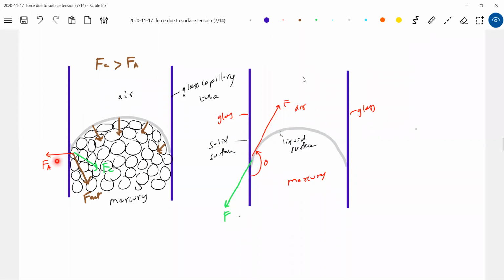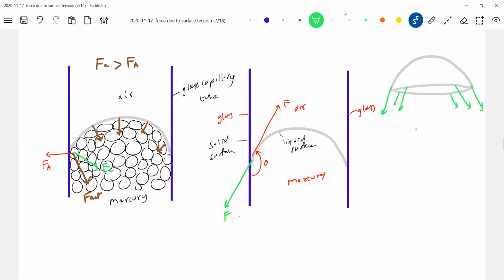But sir, here I'm showing only the resultant force on the free surface and not on the molecule here. Not on the molecule, but on this one. So if you look at the free surface of mercury, if you draw it, how will the force be? The free surface will come like this. Then the green color arrow, you have to show everywhere downward. Able to get this one? Okay, that's the basic condition that will arise.